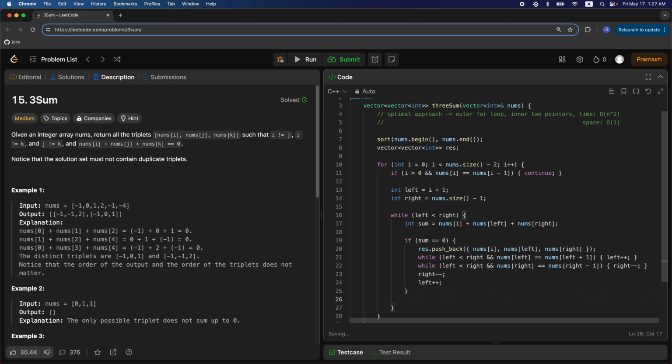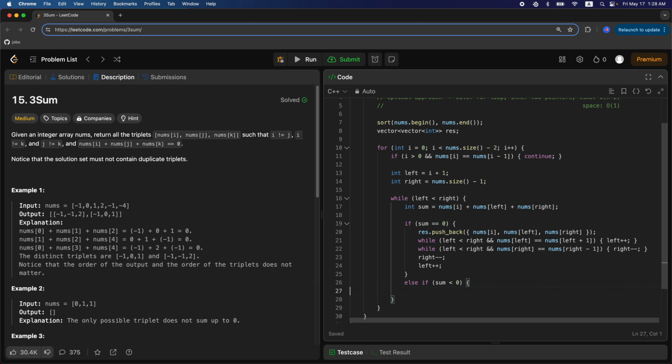And then the next case is if the sum of those three elements does not equal 0, then we need to adjust our pointers so that we're trying to get our sum closer to 0. So, else if our sum is less than 0, so if the current sum of those values is less than 0, we basically want to increase the sum. But how do we do that for a sorted array? Well,